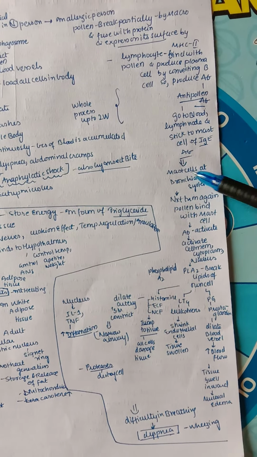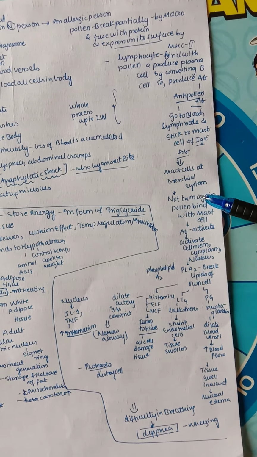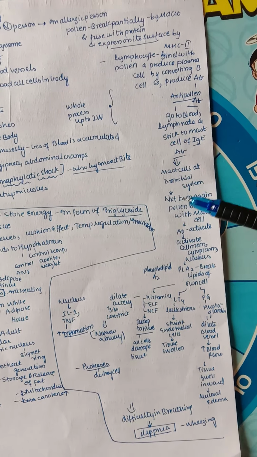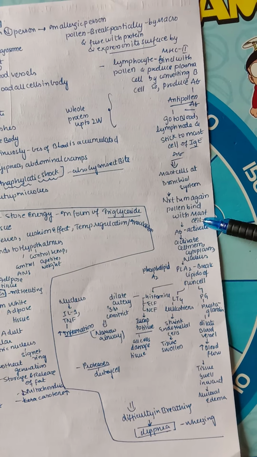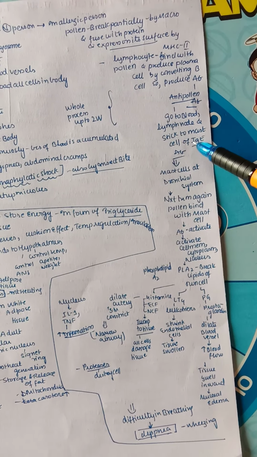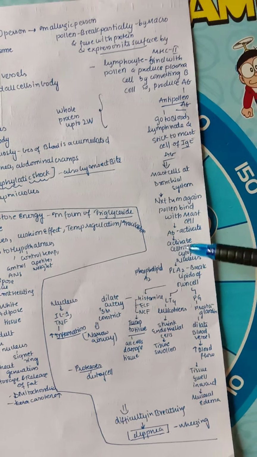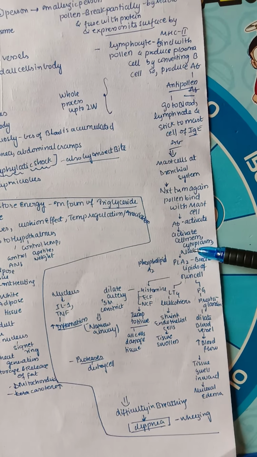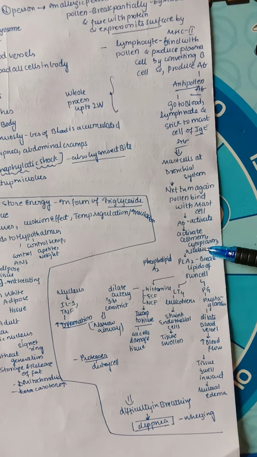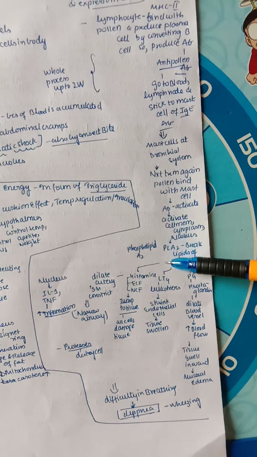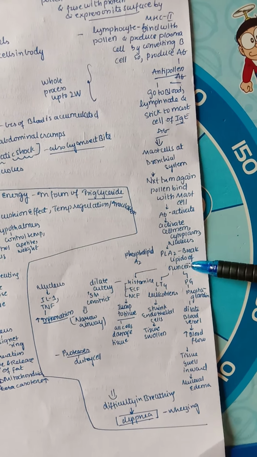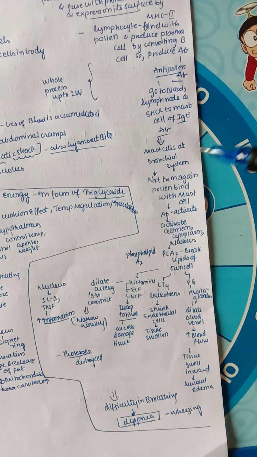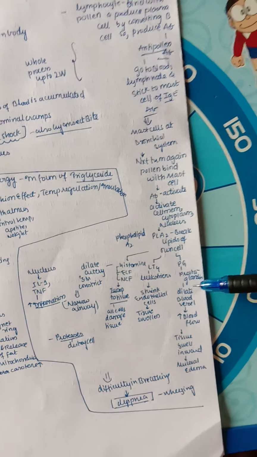So the mast cells at the bronchial system are sensitized, and next time whenever the same person inhales the pollen, it will be a very big problem, because the mast cells are activated again. As there is already anti-pollen antibody, the antigen now attacks it. It activates the cell membrane, cytoplasm, nucleus, and phospholipase A2 is activated, which breaks down the lipids of their own cell, because it is a very allergic reaction.